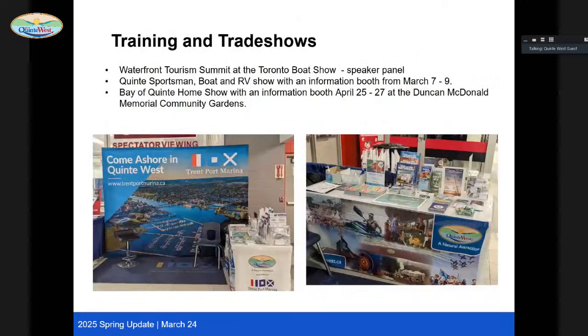And training and trade shows. This is following up with our activities over the past month and leading into the next month. Tourism and Marina staff attended a one-day waterfront tourism summit at the Toronto Boat Show and had an opportunity to be on a panel with staff from the Port of Orillia on the topic of engaging with community and increasing